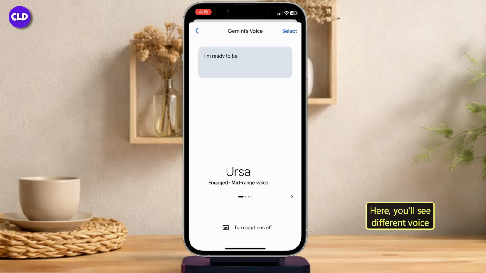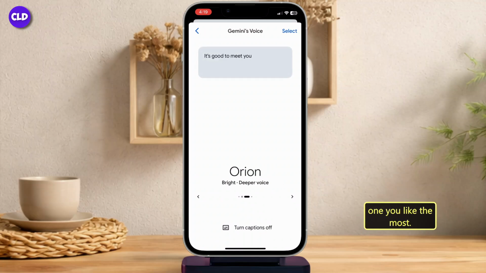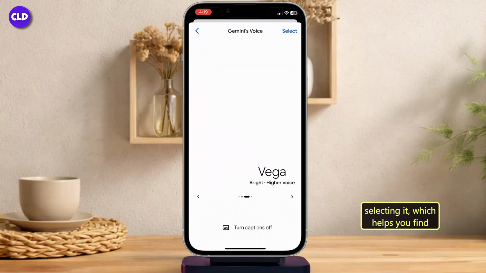Here you'll see different voice options available for Gemini. Simply swipe left or right to preview the voices and choose the one you like the most. You can listen to each voice before selecting it, which helps you find the perfect match for your AI assistant